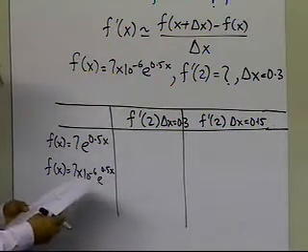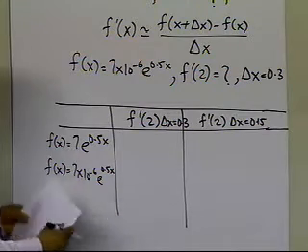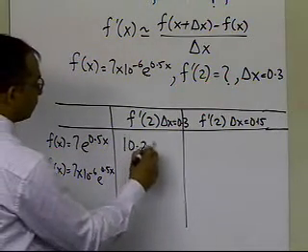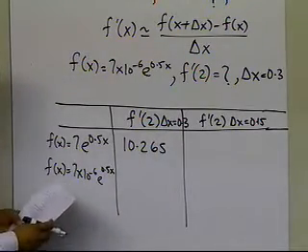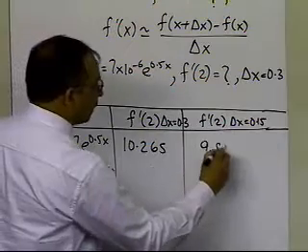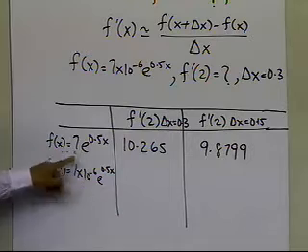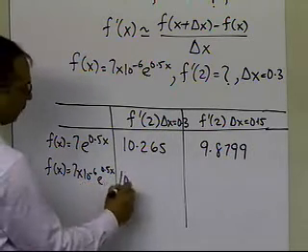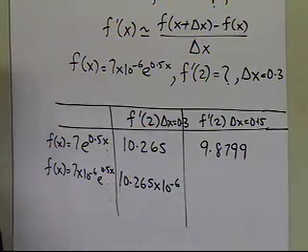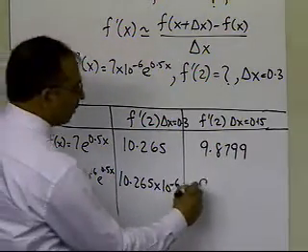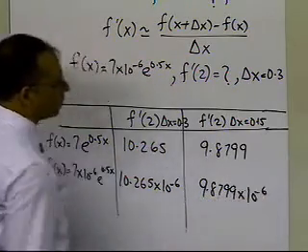So if I take 0.3, what values do I get here? I get 10.265. And what do I get for 0.15? I get 9.8799. Now if it is 10 to the power minus 6 difference here, what's going to happen is that the f prime of 2 which you're going to get will be the same number as here, except it's multiplied by 10 to the power minus 6. The number which you're going to get here is 9.8799 times 10 to the power minus 6.